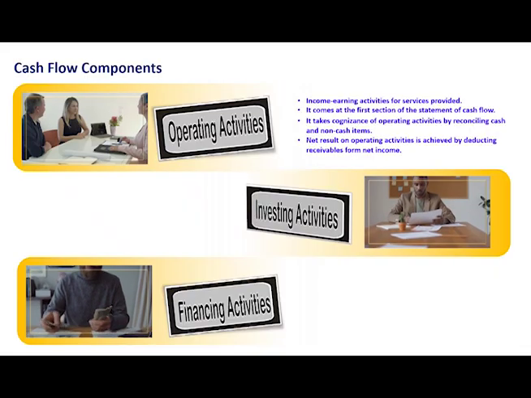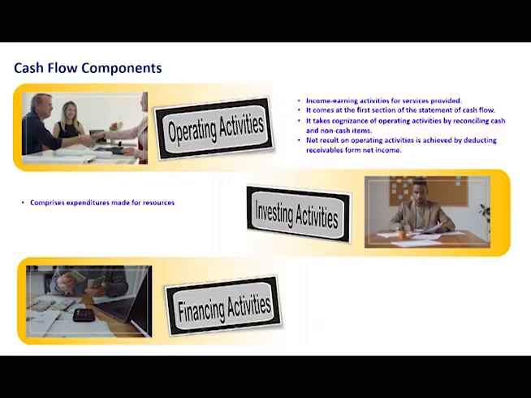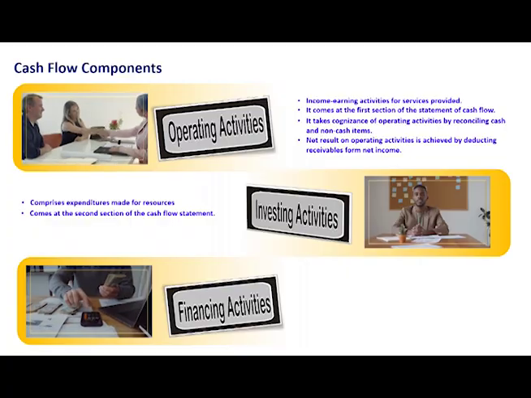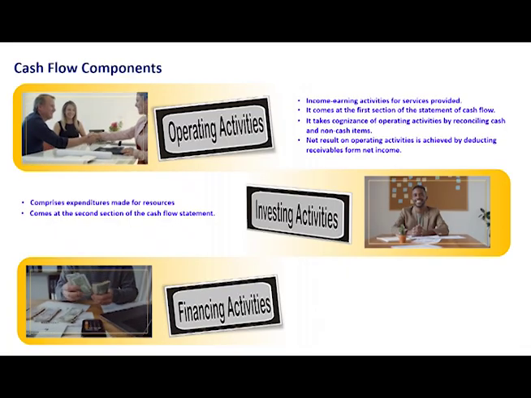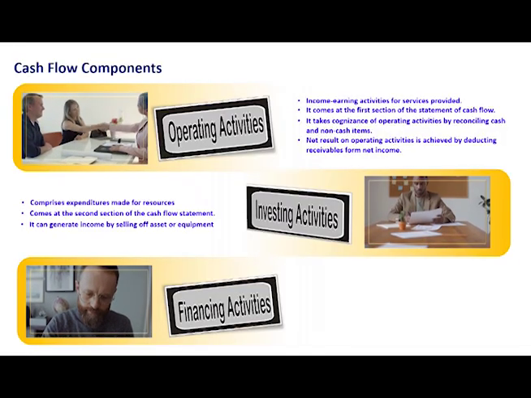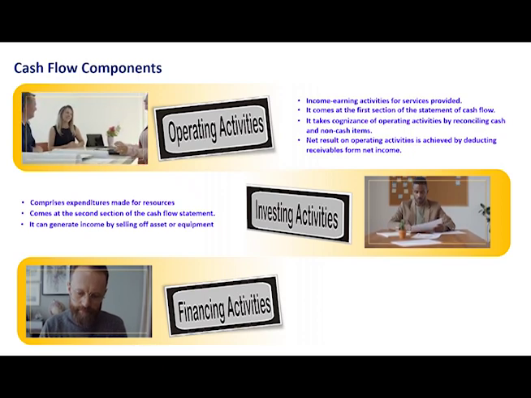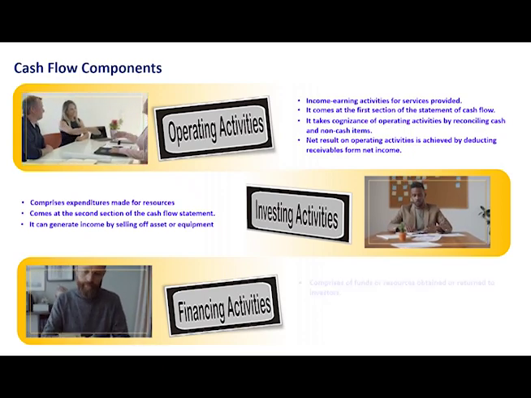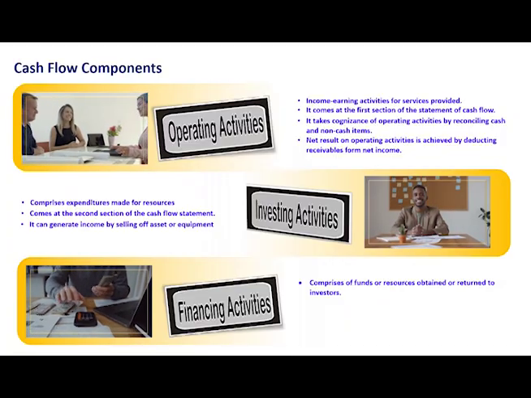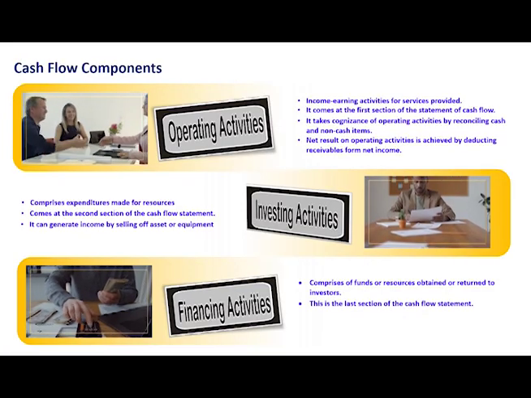Investment activities comprise expenditures made for resources that would likely generate future income for the MFI and come as the second section of the cash flow statement. In this activity, an MFI can generate income by selling off assets or equipment. Financing activities comprise funds or resources obtained or returned to investors either through short or long-term borrowing or through donor activities. This is the last section of the cash flow statement and shows an overview of how cash was used